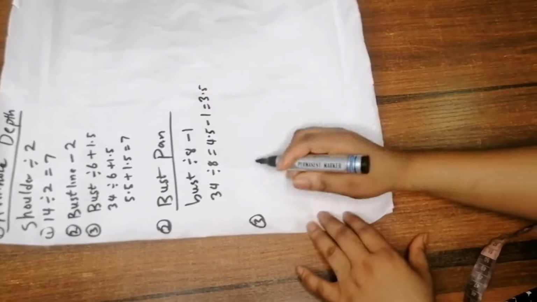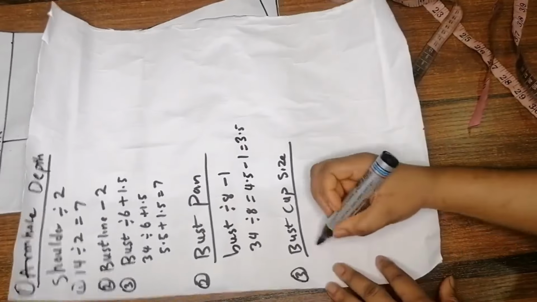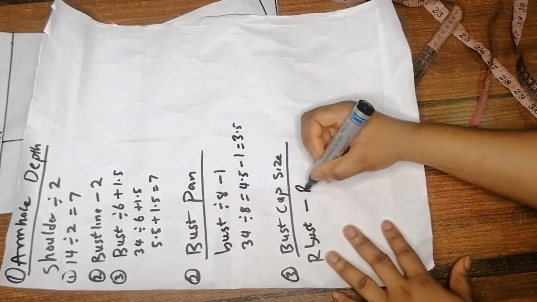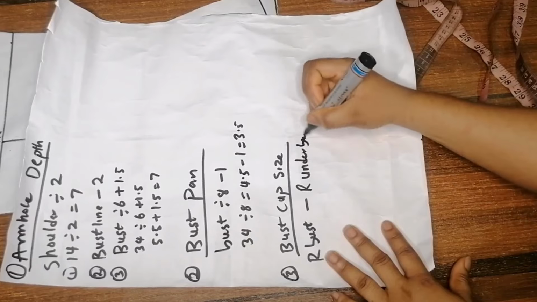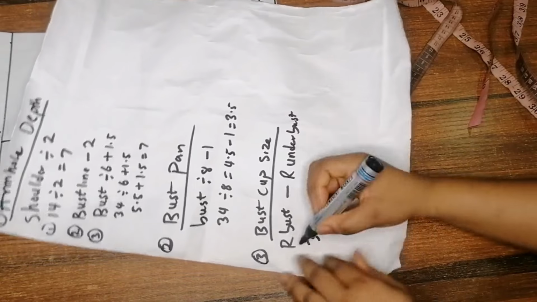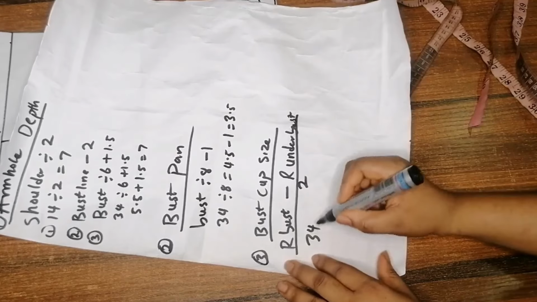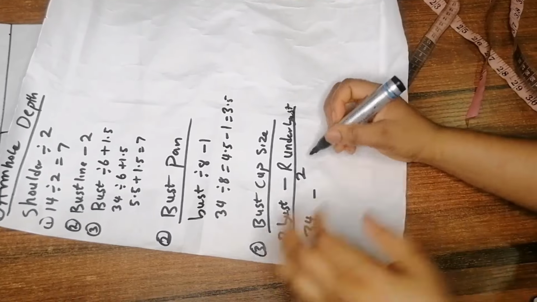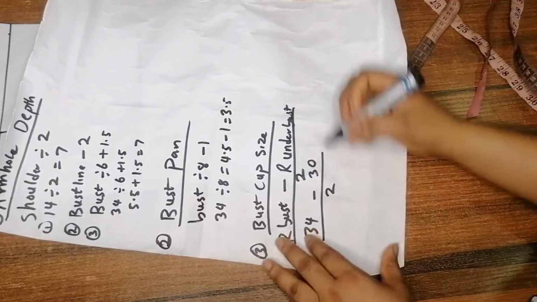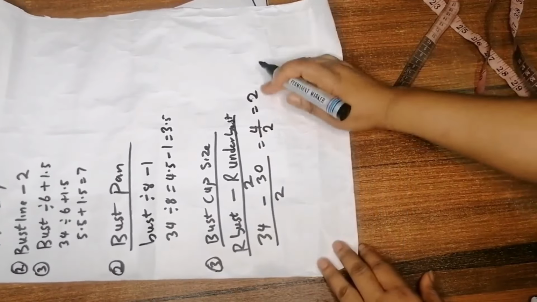So the 3rd calculation is your bust cup. To get your bust cup, all you need to do is take your round bust, that is your bust circumference, minus your round under bust, that is your under bust circumference. Then you divide it by 2. So my round bust is 34 minus my round under bust, which is 30. So 34 minus 30 divided by 2. Okay, so I'm going to have 4 divided by 2, and 2 inches is going to be my bust cup